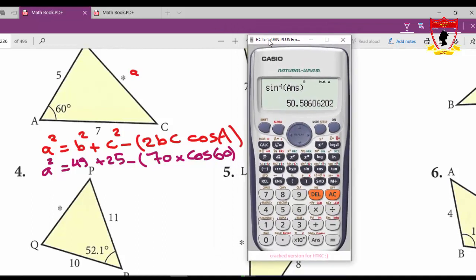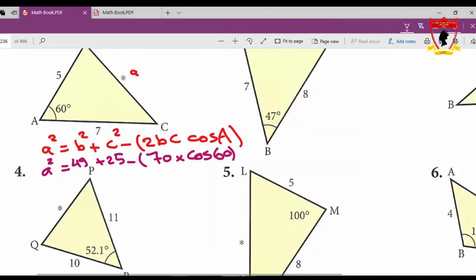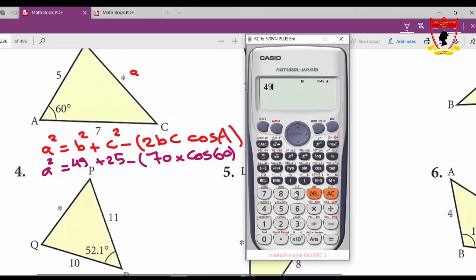Let's type, as we see in the question, we have 49. Instead of 49, you can straight away write 7 square, then plus 5 square. It also works. 49 plus 25 minus brackets 70 times cosine of 60. Close this bracket, and the other one,